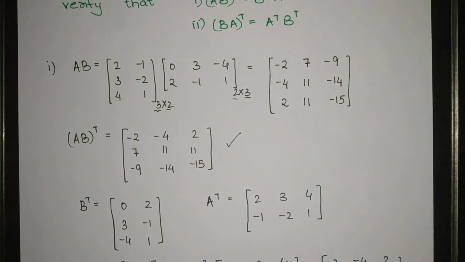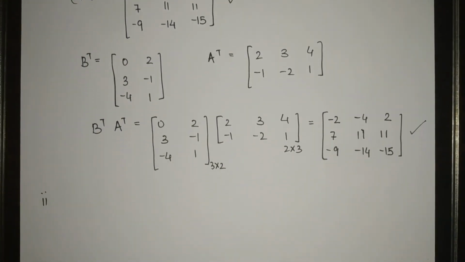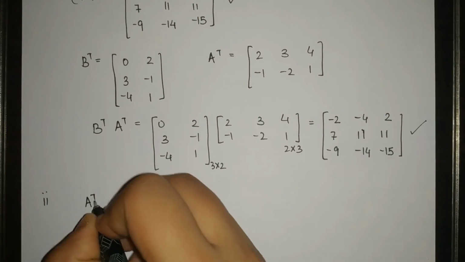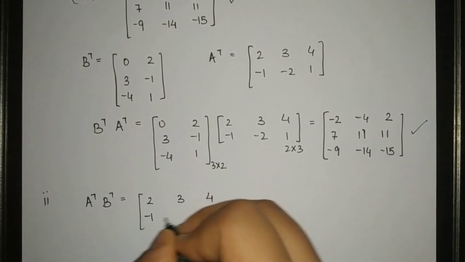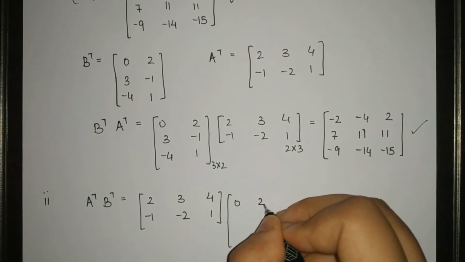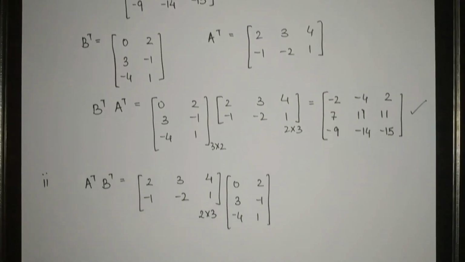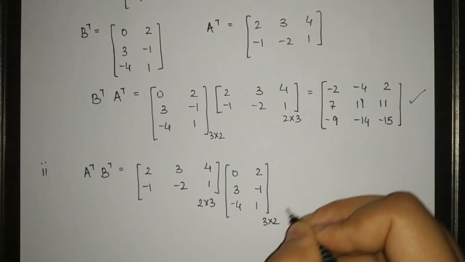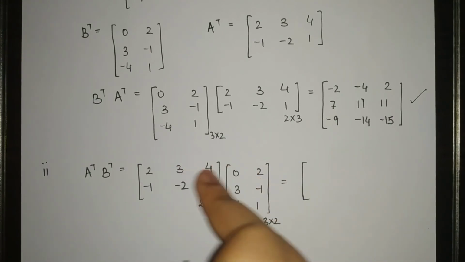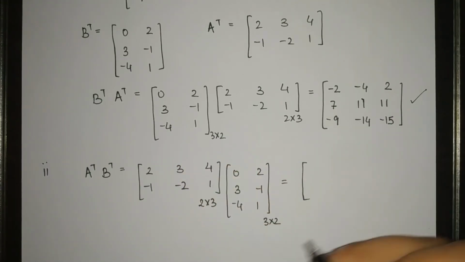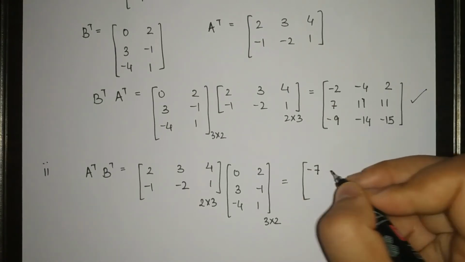the right hand side over here. Okay, so let us do A transpose into B transpose first. So A transpose into B transpose is equal to, now this is a 2 cross 3 matrix and this is a 3 cross 2 matrix. On multiplying we will get a 2 cross 2 matrix. वो ढूंढ लेते हैं. So 0 plus 9 minus 16. 9 minus 16 is -7.